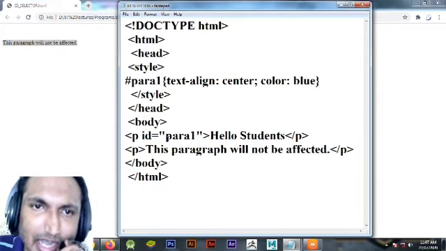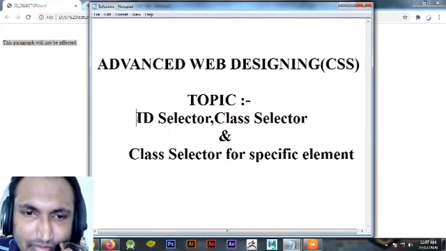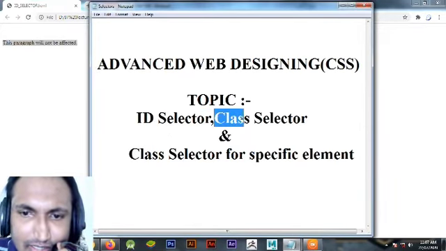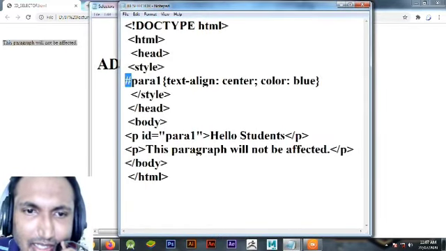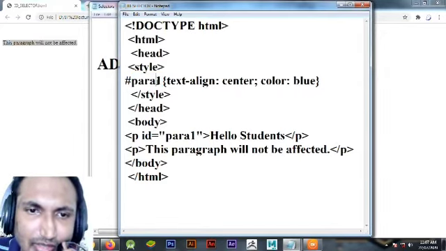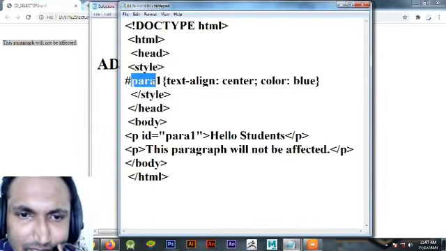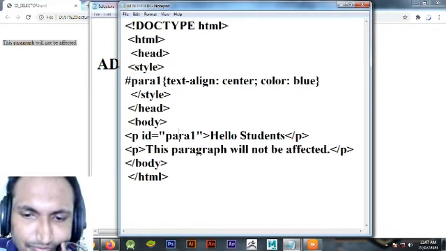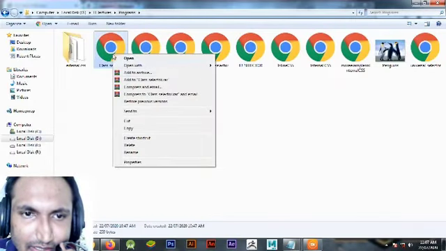This is the ID selector, and the other one, as we have seen, is the class selector. You identify the ID selector by the hash symbol, and this para1 is the name of that ID. You can give any name here, ABC, XYZ, your name, and that name you specify here also. So let's move toward the class selector. We will see what the class selector is.